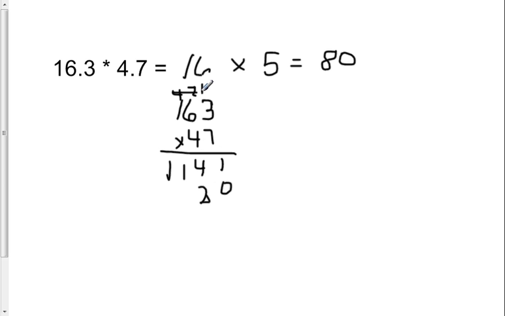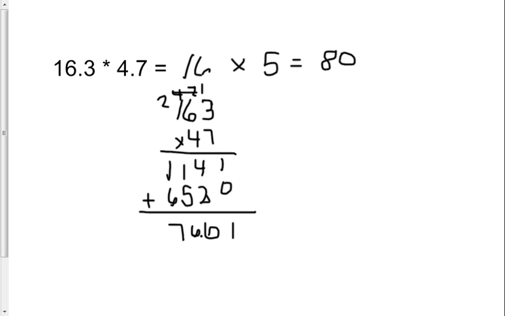4 times 6 is 24, plus 1 is 25. And 4 times 1 is 4, plus 2 is 6. I'm going to add. And based on my estimation, I would think that my decimal point should go right there. 76 and 61 hundredths. That whole number 76 is close to the estimate that I had made of 80. So again, multiply, after I make my estimate, multiply the numbers as whole numbers, and then place my decimal point